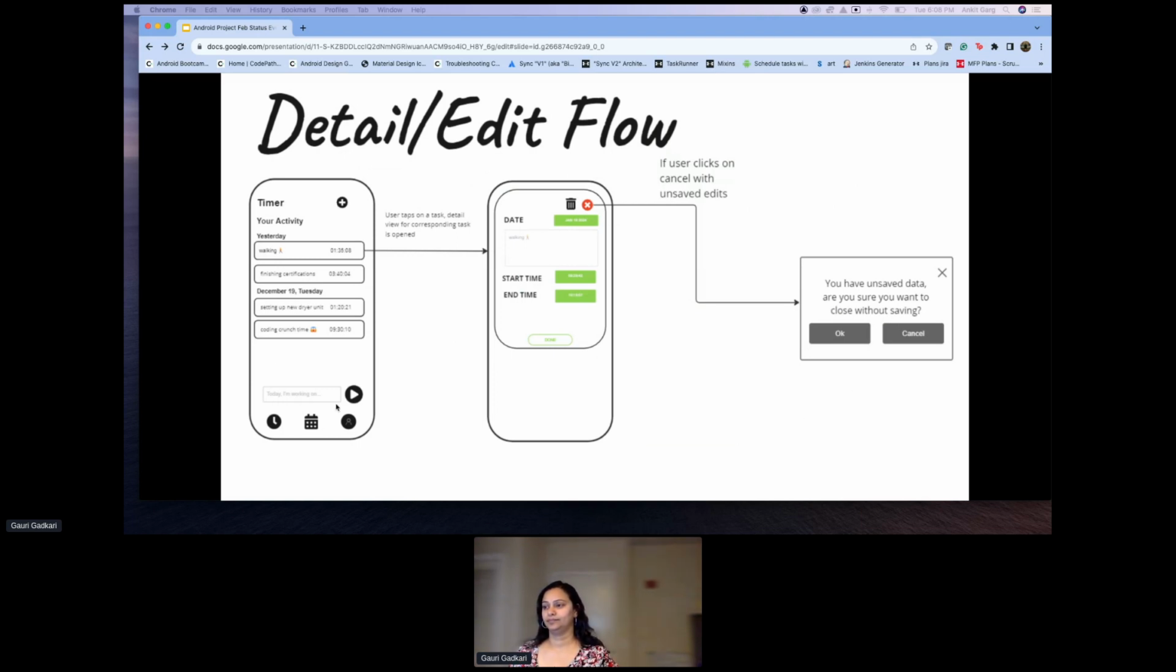For this process, we're taking our main screen, and the user taps on a task, and the detail view is opened for that task. If a user clicks this cancel button over here, it's going to pop up with an alert dialog. I actually spoke with someone here today about that, and we're on good timing for this. It doesn't have to be a beautiful box like this. It could be a rounded box because we're versatile. So if we go to the next slide,